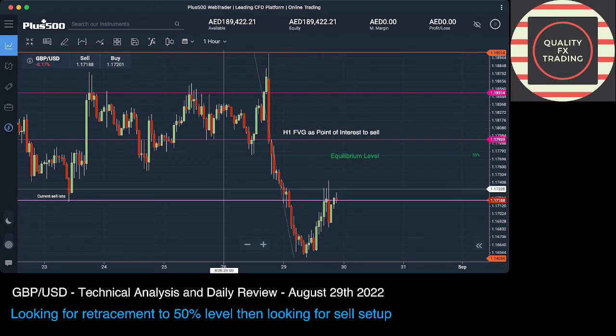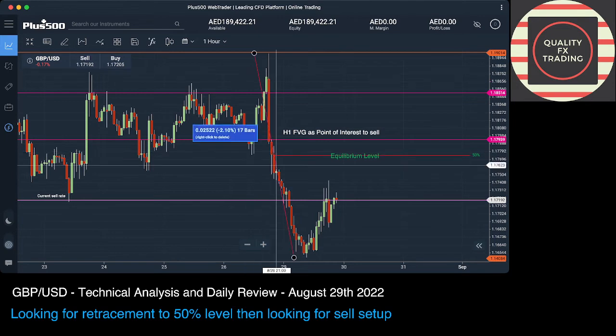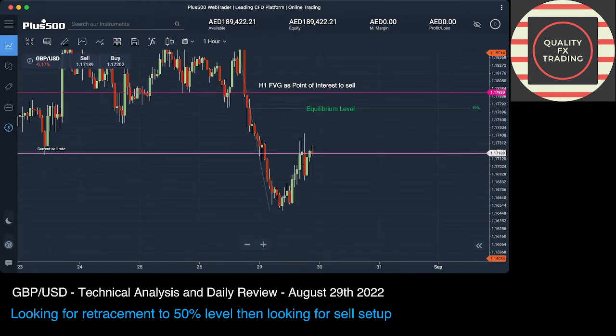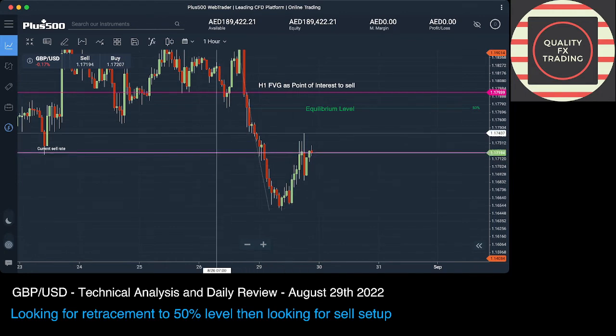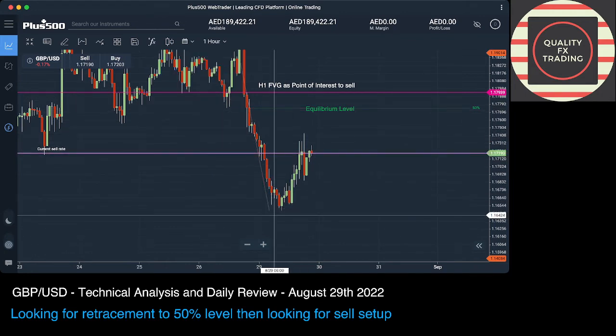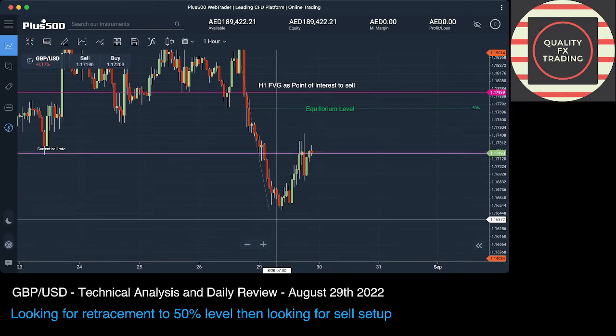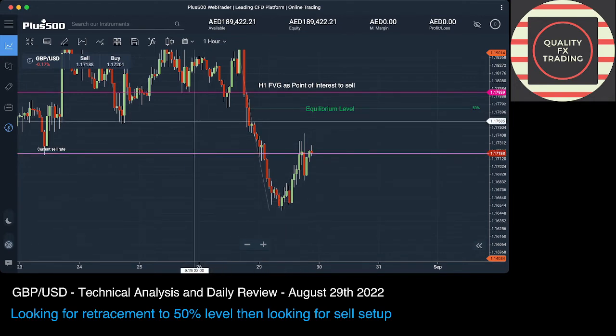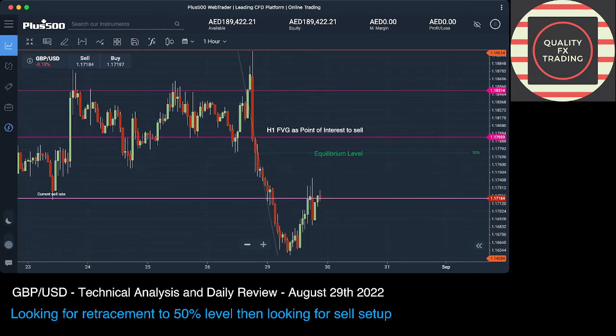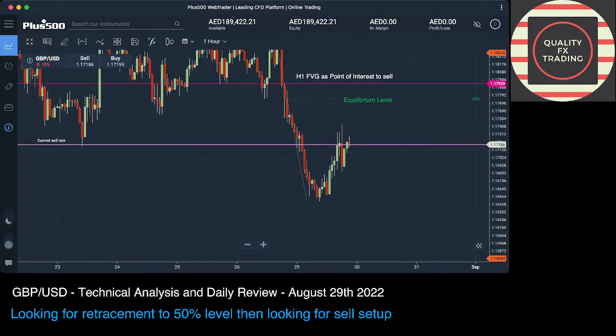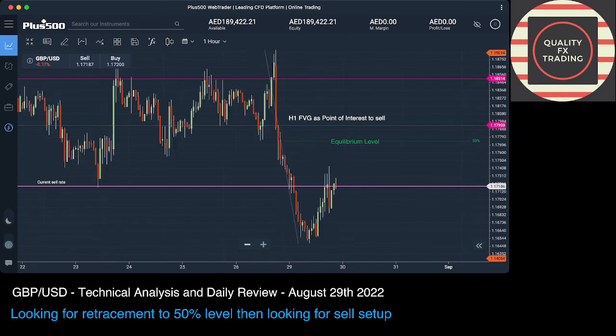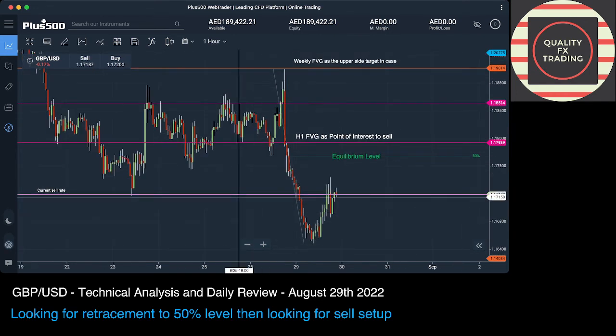It means it's a very strong move as an impulse to the downside, and it has enough conviction to show that our bias will be to the downside. And here, once we get this swing low, we are expecting the price to retrace 50% of this impulse move at least. Okay, so in our strategy and in the way we are trading,